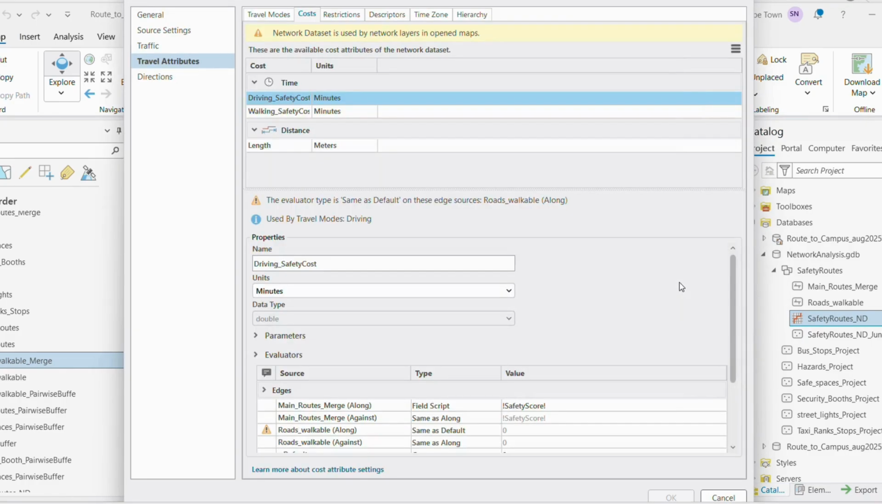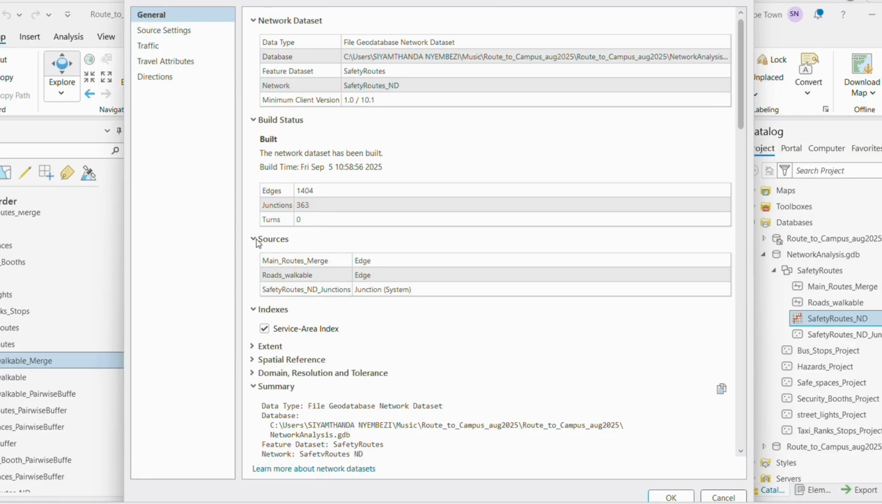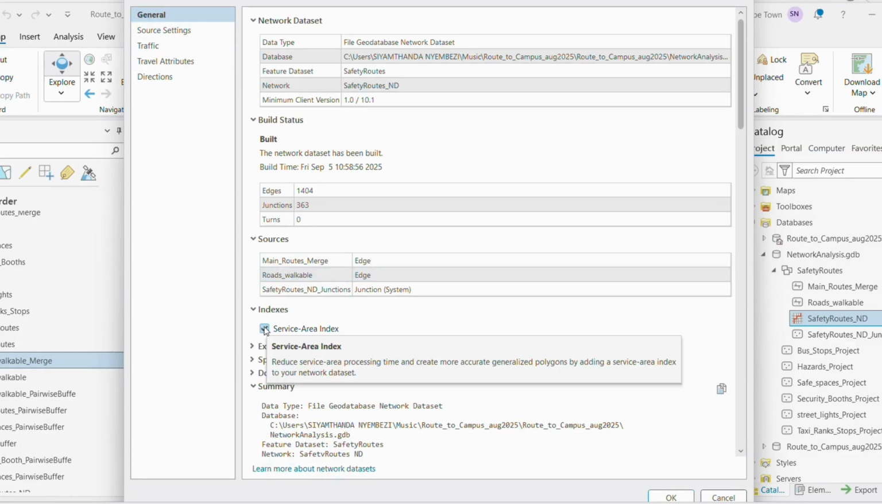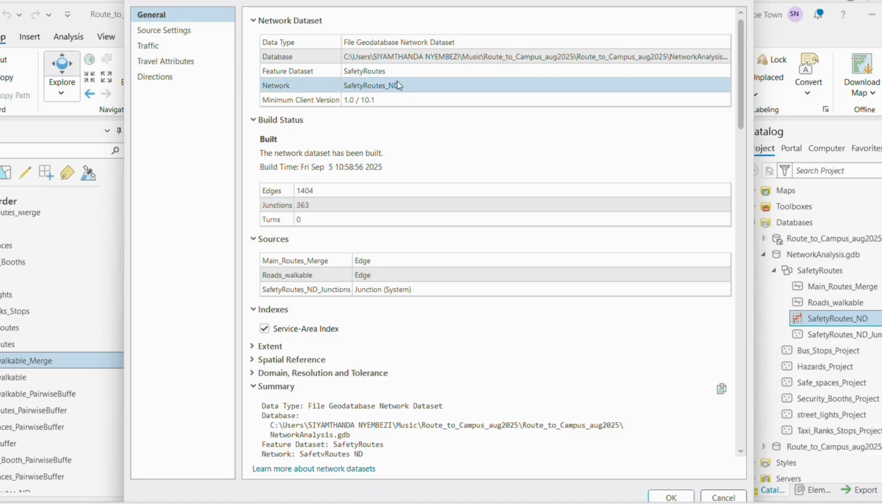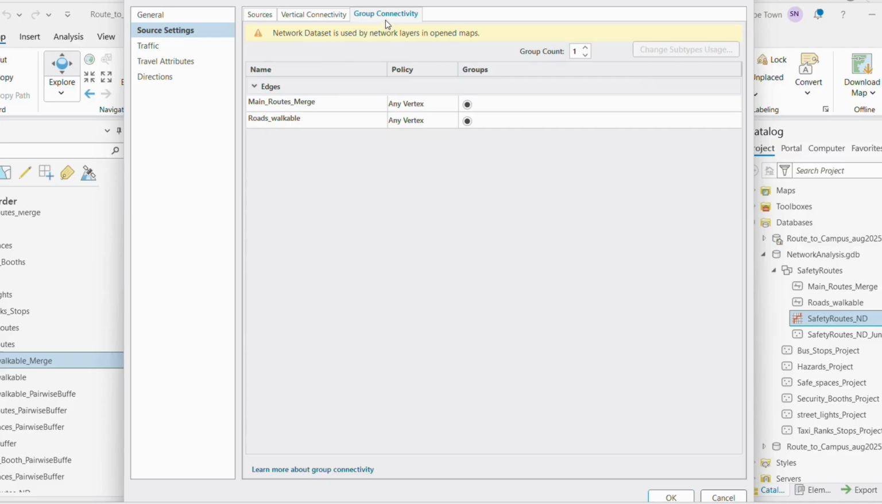Inside the network properties, we enabled the safety index under general. We enabled the safety index, which is this one, and then navigated to source setting and clicked group connectivity. Under policy, we changed to any vertices because one of the most important things here was to ensure the vertex creation when